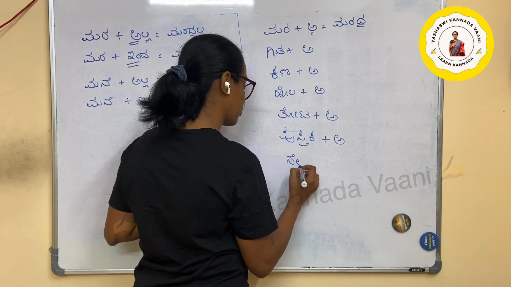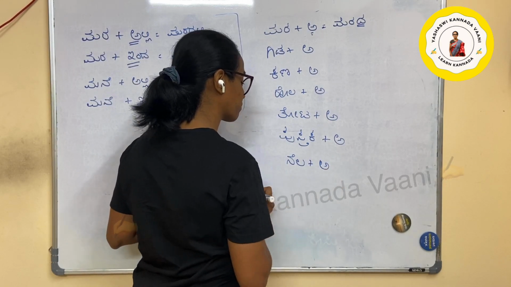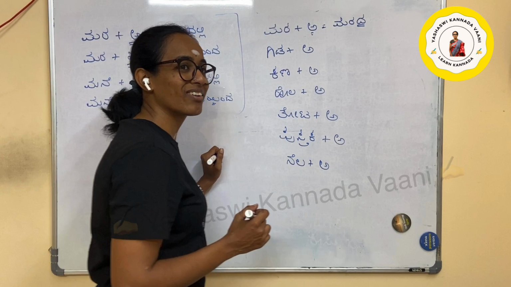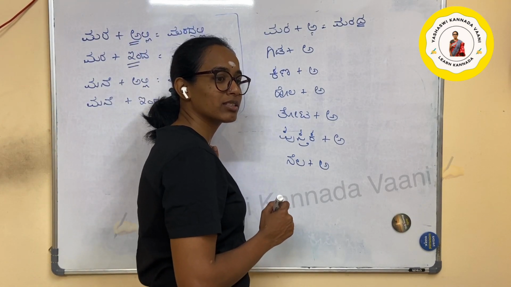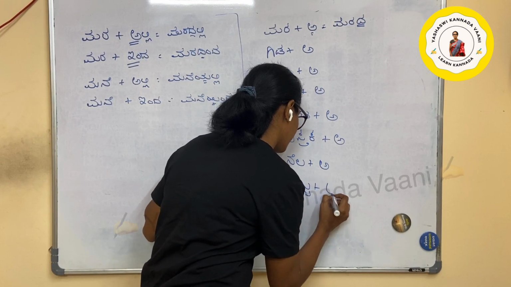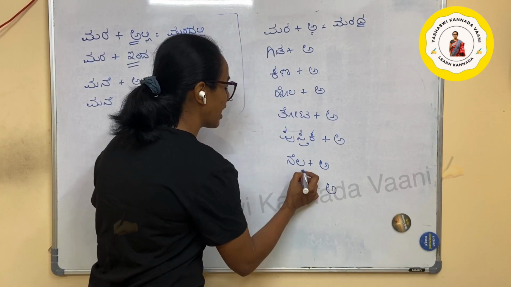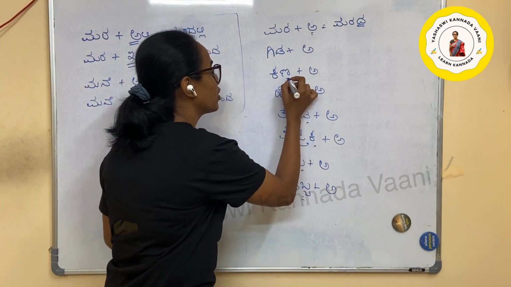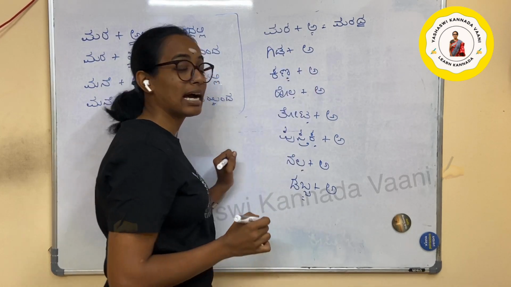Nela is a floor. I'm just recalling the words. Dabba. Wherever we have a sounding at the end of the words, when you add a, it will become